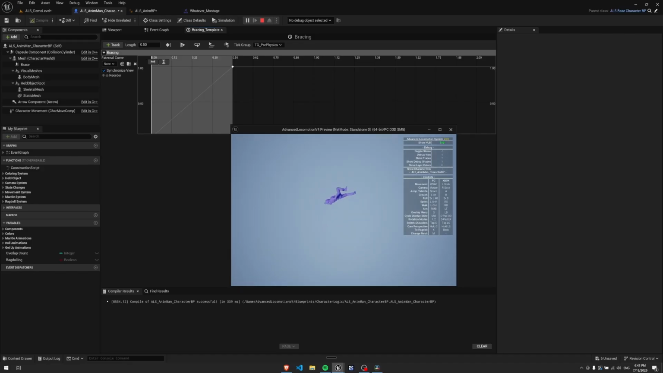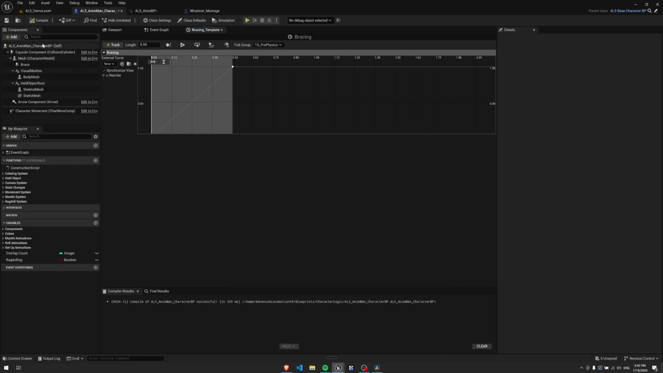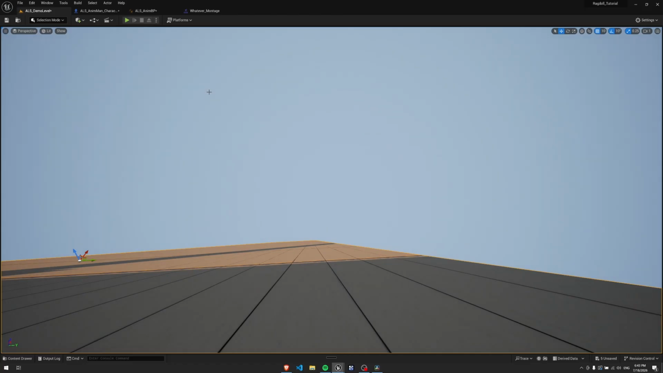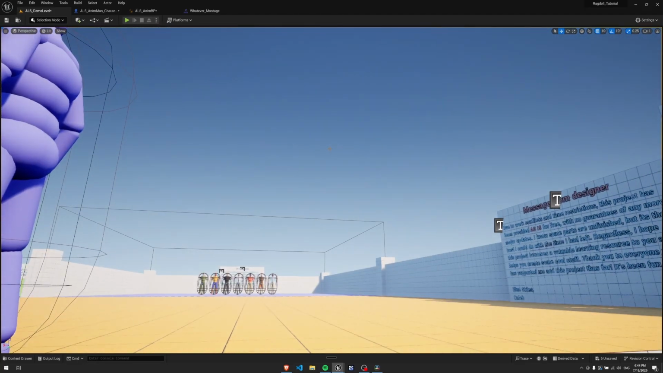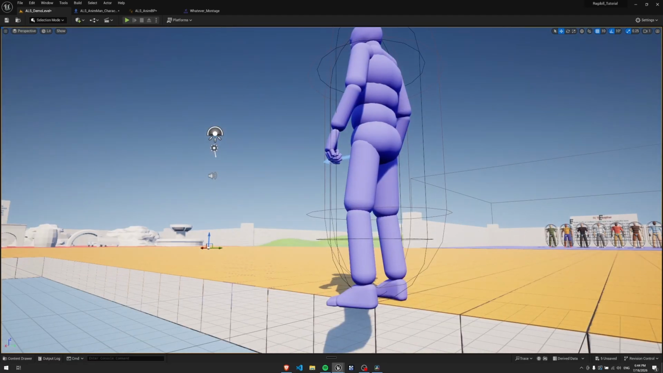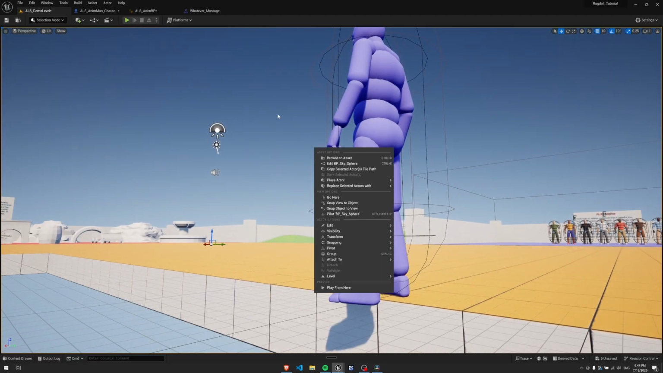Isn't that great? I hope you guys enjoyed this tutorial. I will see you in the next part. We're going to be talking about the actual collisions with the mesh, what we're going to do whenever the character